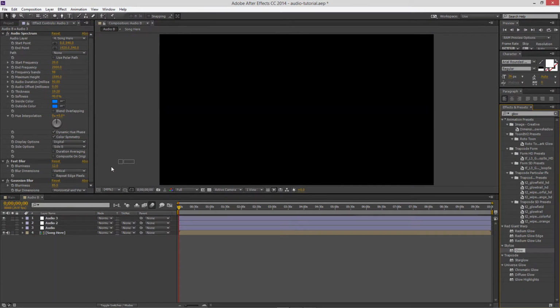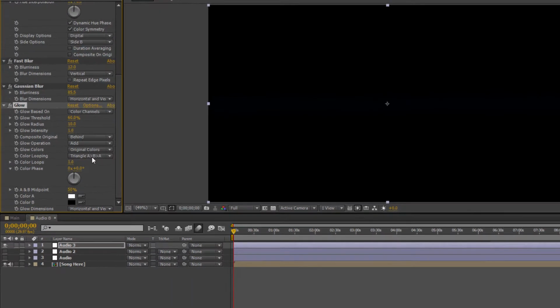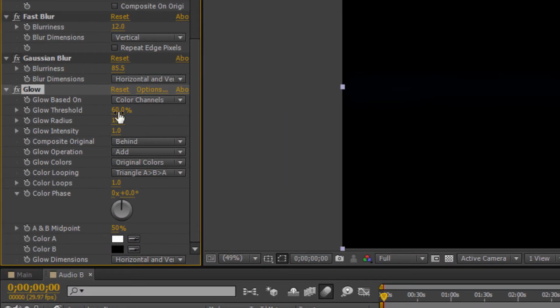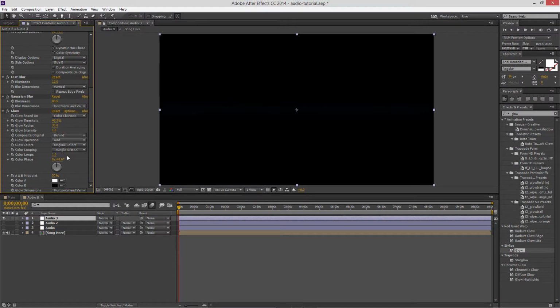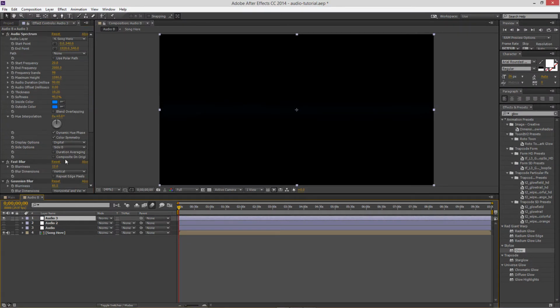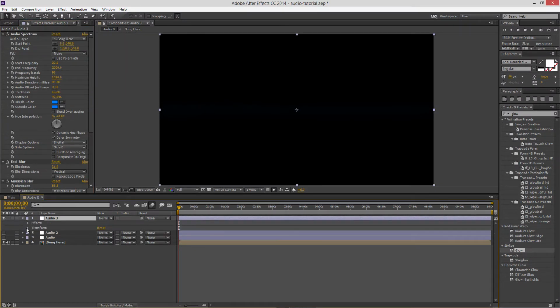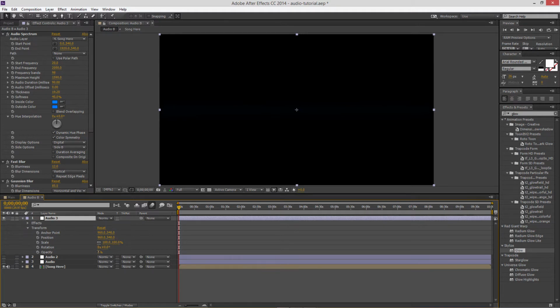glow. Okay, and we're gonna set the glow threshold to 46.3, glow radius to 30, and these settings are pretty much the same. Okay. And let's go to transform and change the opacity to 12, and we're gonna duplicate this layer,